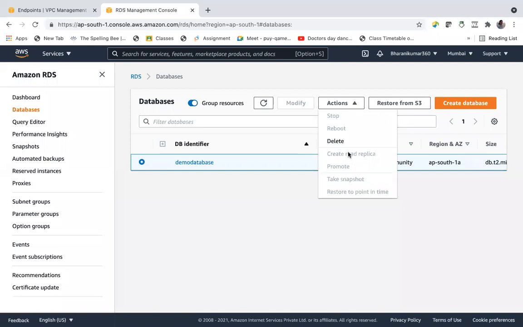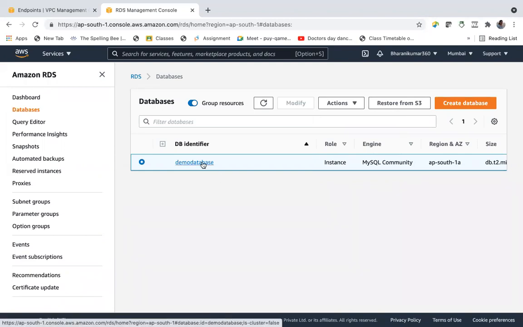You can create a read replica of your database. Where it is useful is suppose you are getting a lot of read queries, or a lot of get requests, we say get queries, to the database. To increase the performance of your database, this is your original database.